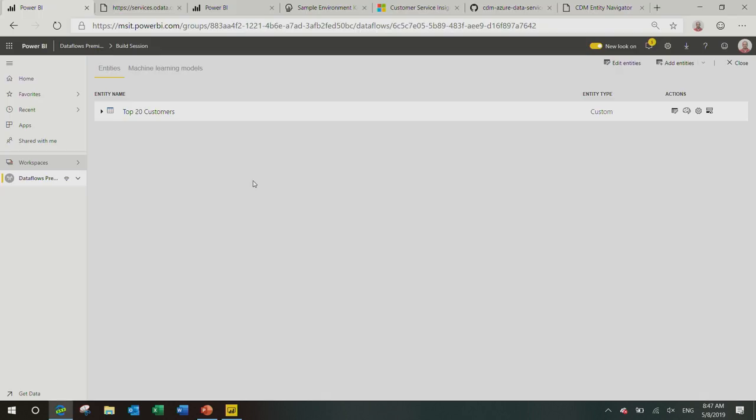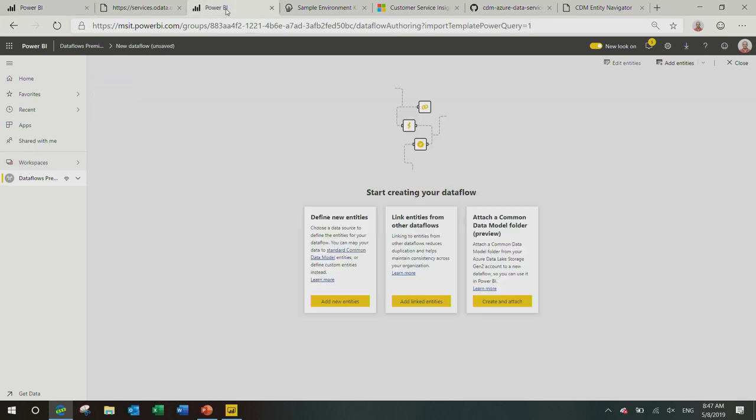Now, the demo I showed you actually shows how to build a data flow from scratch against a raw data source. We're bringing in much more sophisticated capabilities that will allow you to reuse stuff out of the box, leveraging the value of CDM. And this is where Robert is actually going to show you a demo for what we mean by that with Dataflows templates. All right, thank you, Miguel.